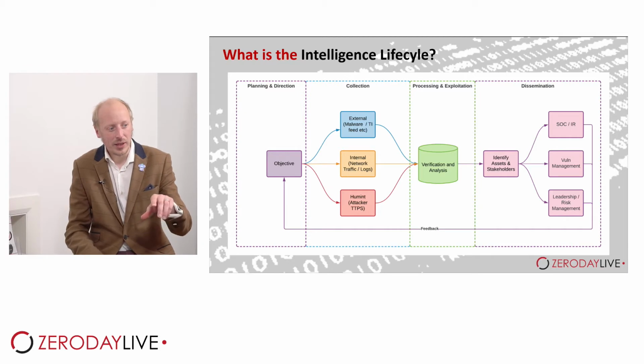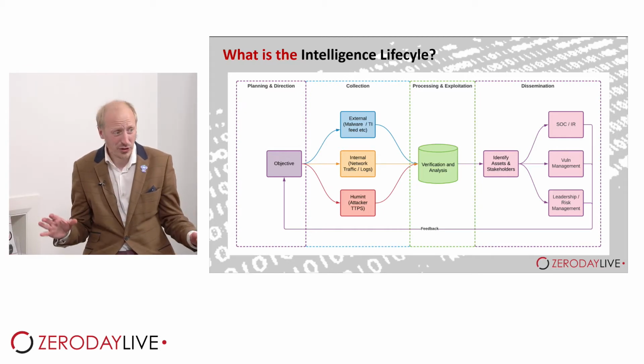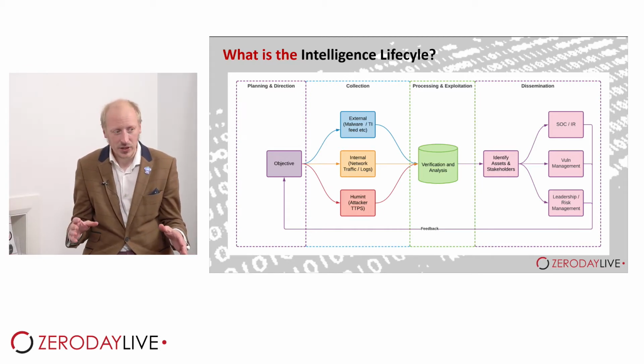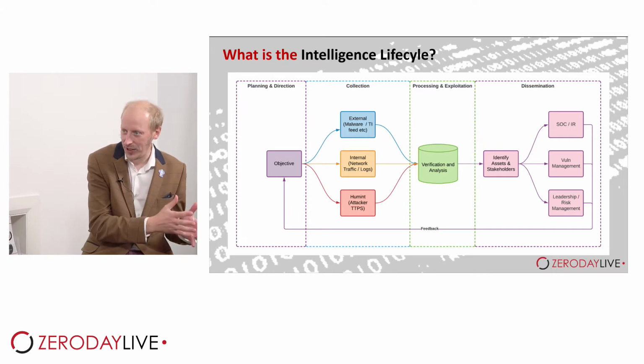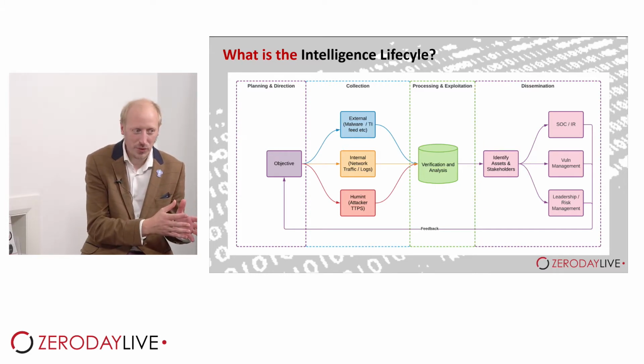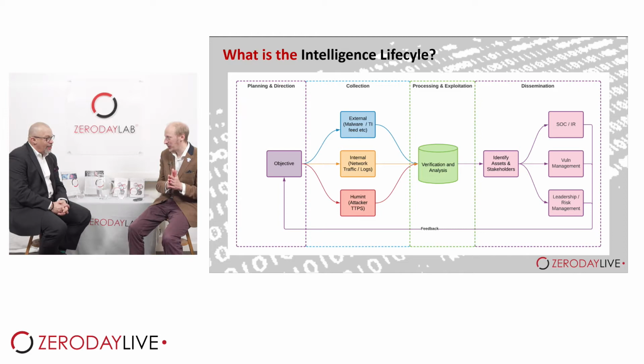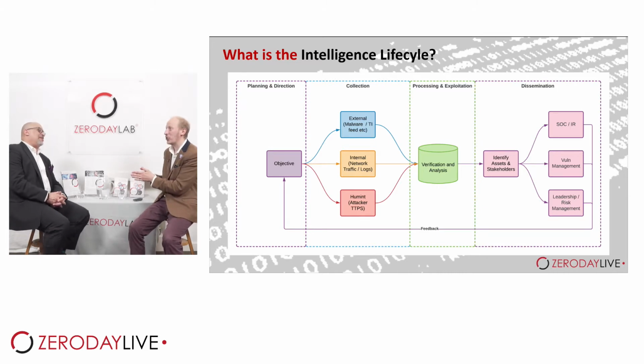And then, the most important part out of all of this really, and I've got to be quite clear, is you might have good data, right? But if you don't understand the assets that you're trying to protect, and you don't understand who your audience is that you're trying to produce the intelligence for, it doesn't matter how good the data is, the outcome is always going to be bad, right? Or it's not going to be as good as it could be, right?